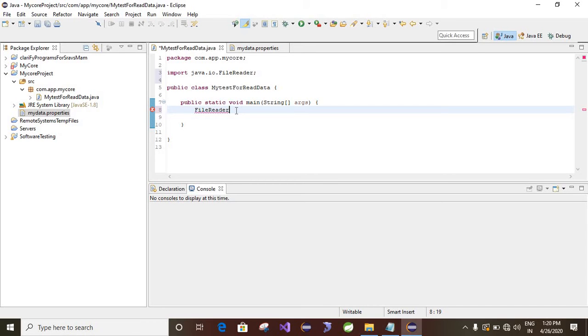It will show the solutions. You can select the package and import.